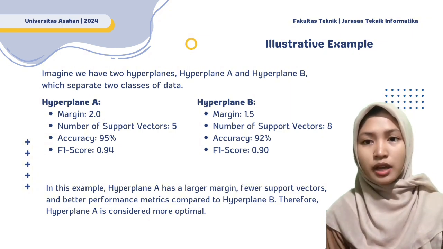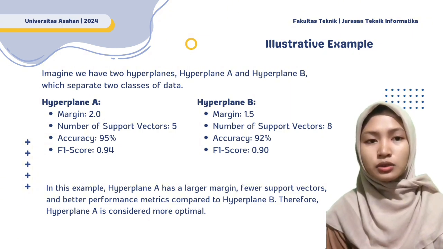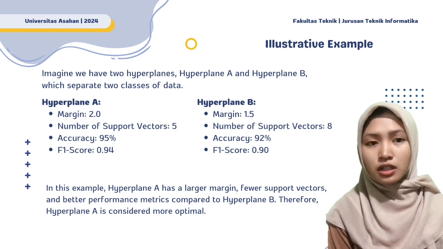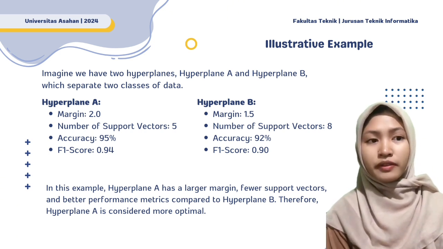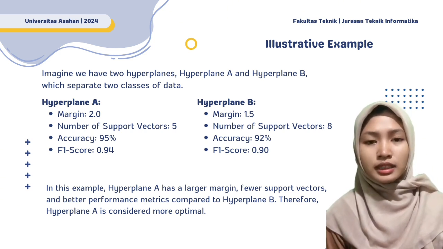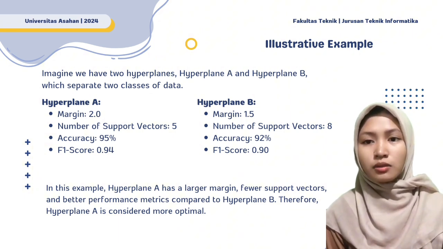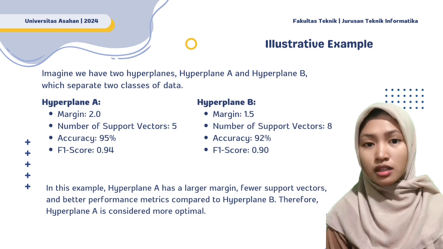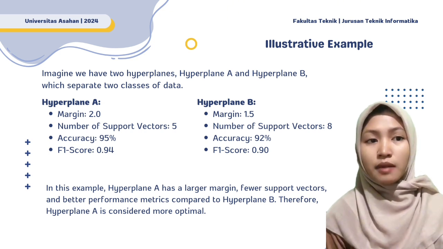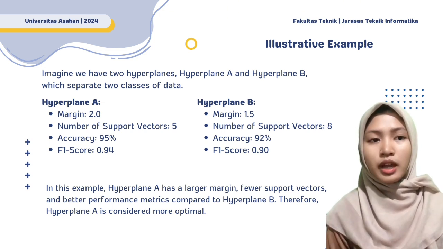Hyperplane A has margin 2.0 and number of support vectors 5, accuracy 95% and F1 score 0.94. And hyperplane B has margin